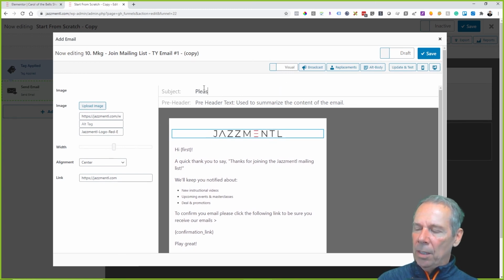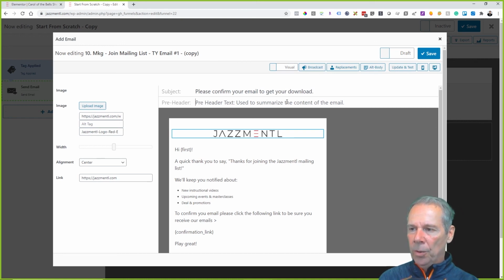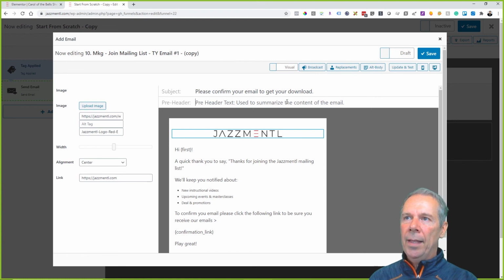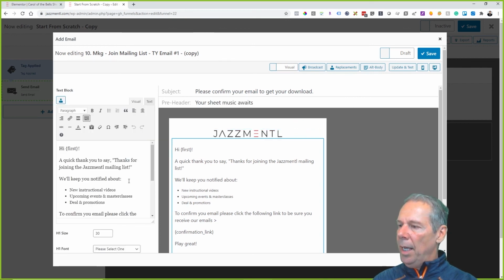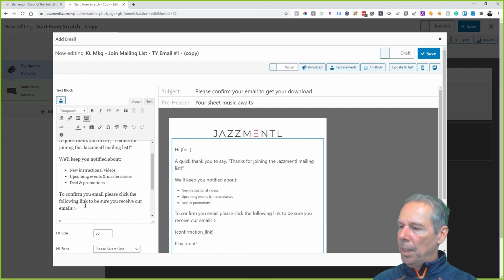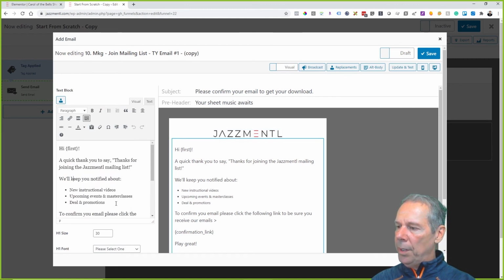And in the subject line, please confirm your email to get your download. We want to make sure that people understand that if they're looking out for it, that they see right away that when they get it, it stands out for them. So your sheet music awaits in the pre-header. And then what we're going to do is we are going to edit this a little bit,